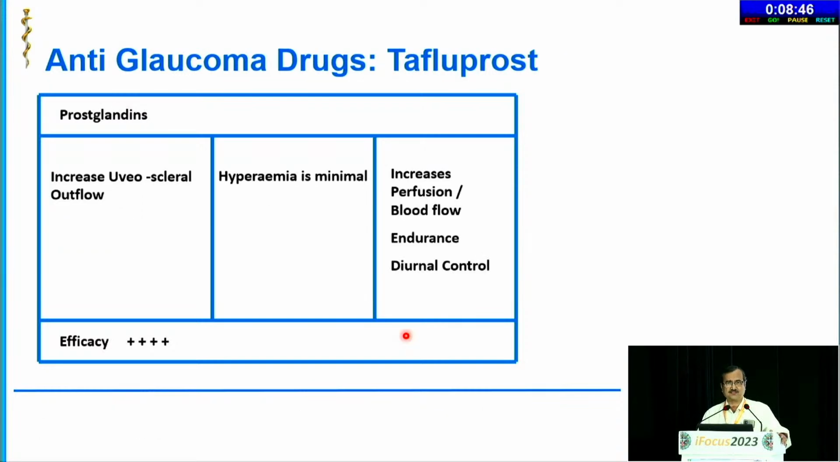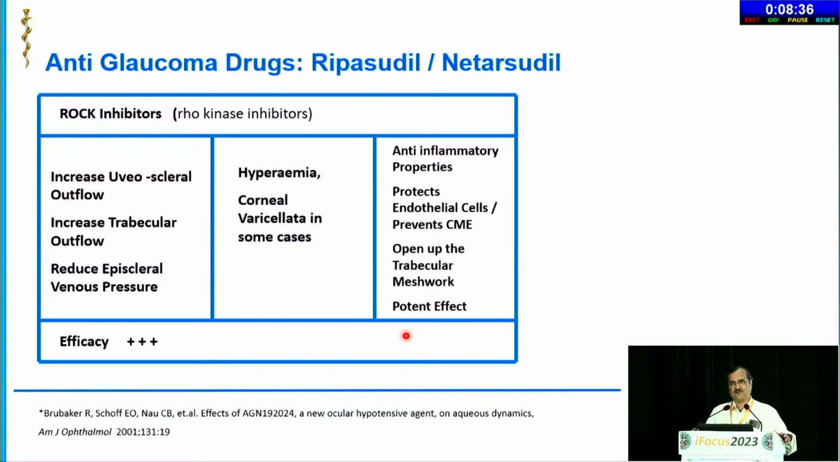The tafluprost, the new kid on the block of prostaglandin analogs, they claim that the hyperemia with this molecule is minimal, but the effect is as good for all the 4 PG analogs. And now the current things, the ROCK kinase inhibitors, they act by increasing the uveoscleral outflow, but chiefly through the trabecular outflow, and they also cause reduction in the episcleral venous pressure, thus reducing